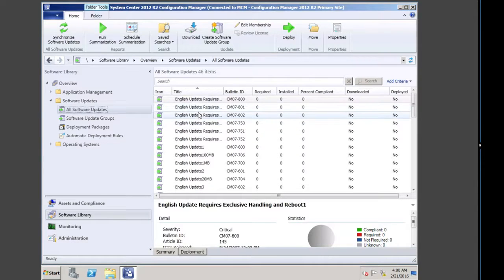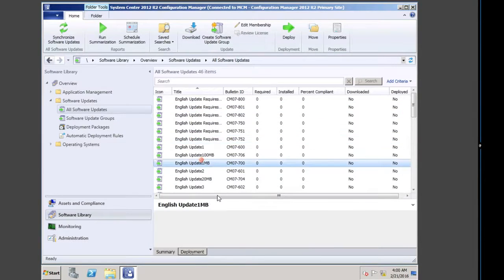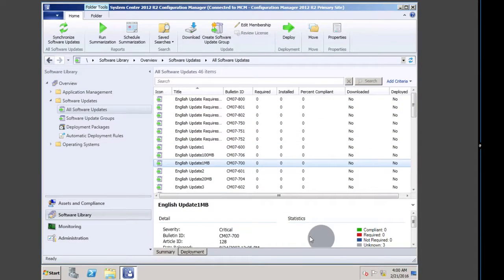So as you can see, as you click on each update, you get more information on this pie chart about compliancy, whether they're required or not. All that information is also shown here for each one. In this case, they're all compliant 0, and no machine has requested the packages at this point in time. But what we are now going to do is generate update status on the Configuration Manager